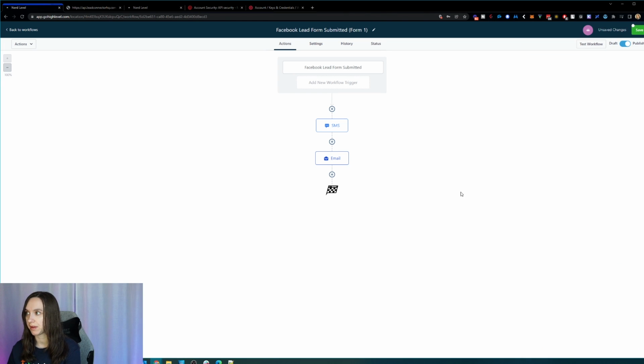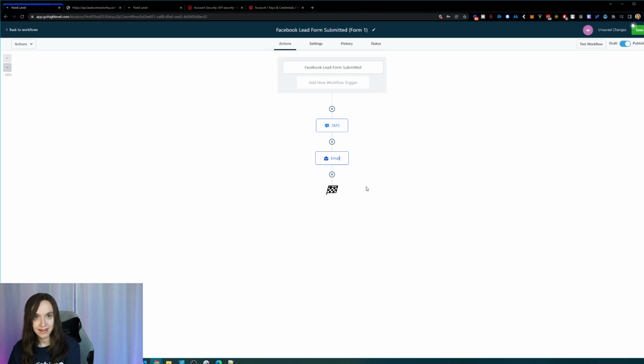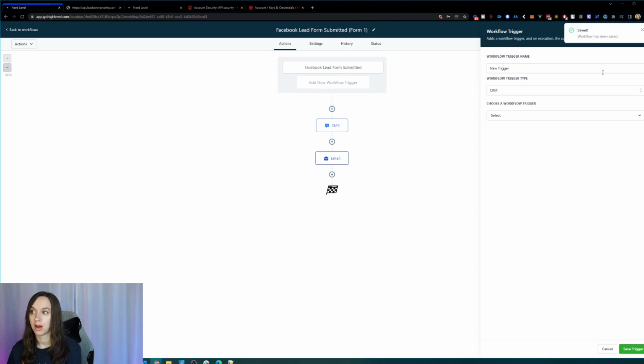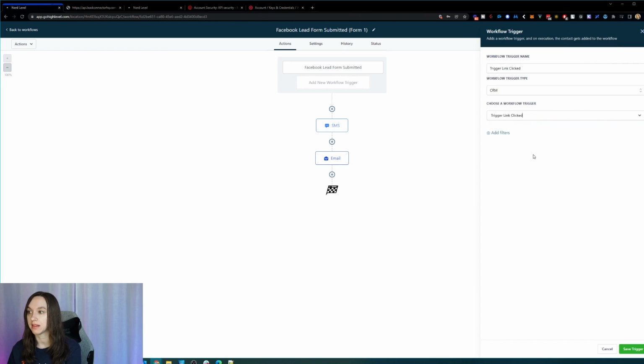And that is going to track when they click the link. And then you can do another workflow with another trigger on, well, let's say that they click the trigger link. Oh, okay. They click this trigger link, then I want to give them a totally different nurture sequence.